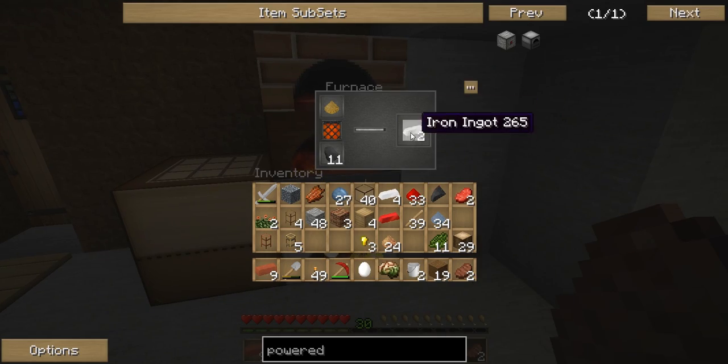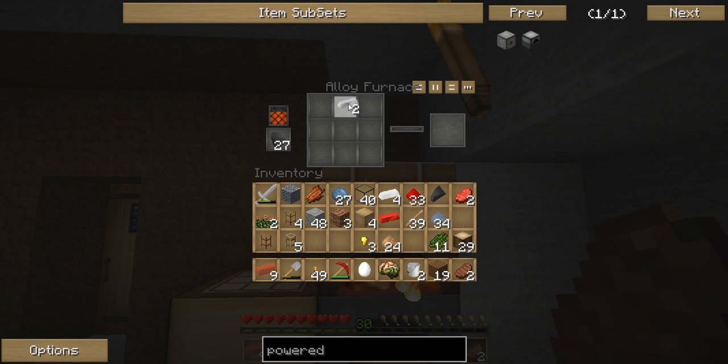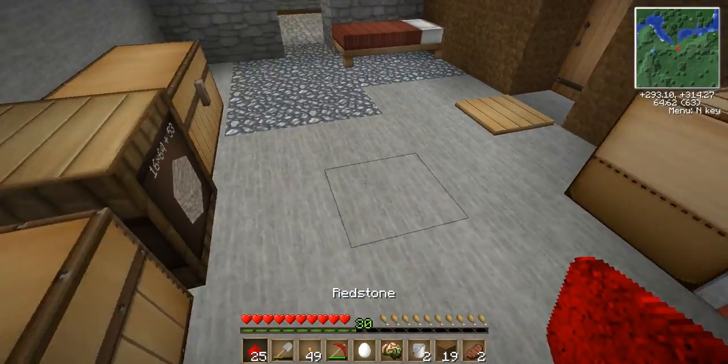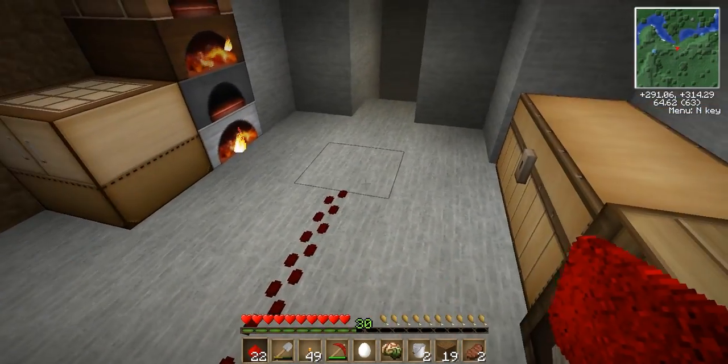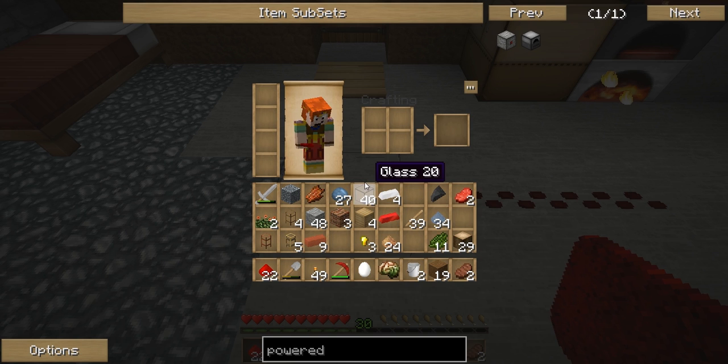Now, if we take 3 red alloy ingots, so let me get a little more redstone here. Just cook up a couple more of these. If we take 3 of these, we're going to be able to make wiring, and I can show you real quick how that works. So while that's going, I'll go ahead and, so you might know, okay, this is vanilla